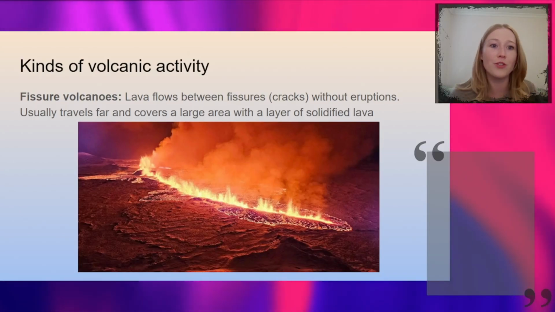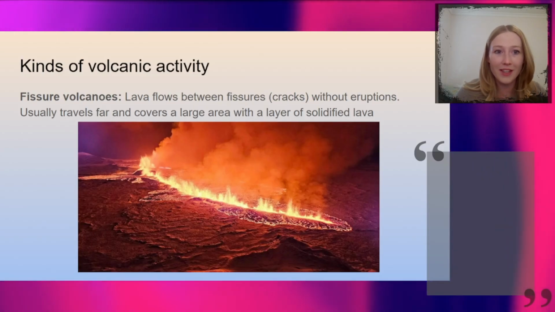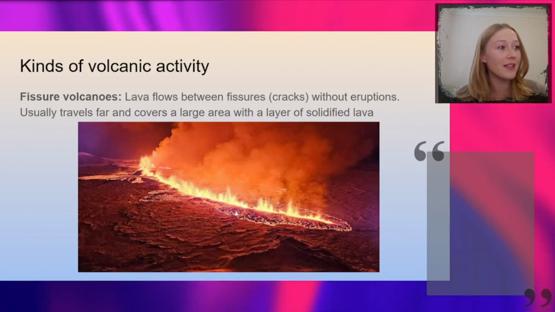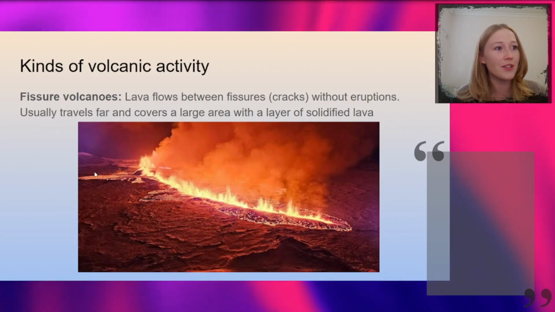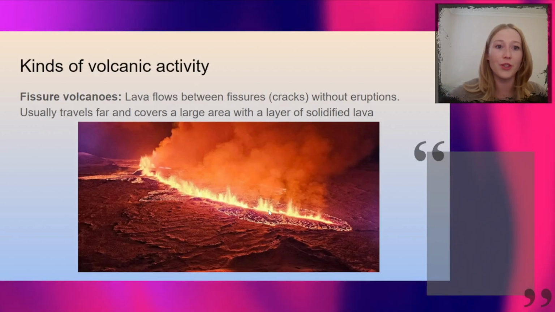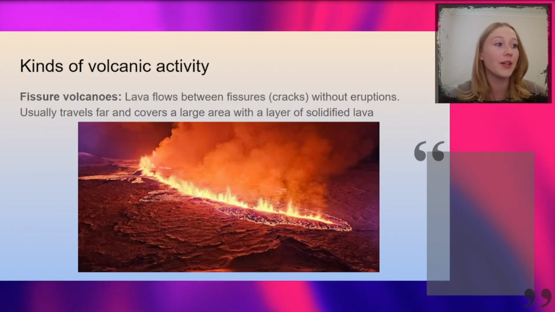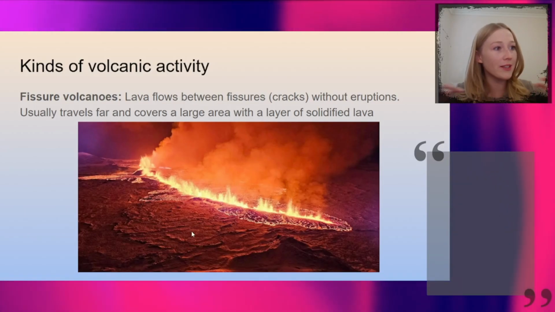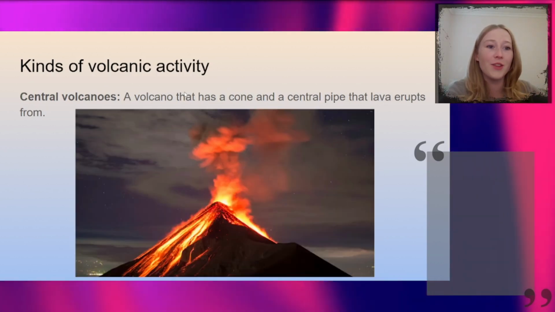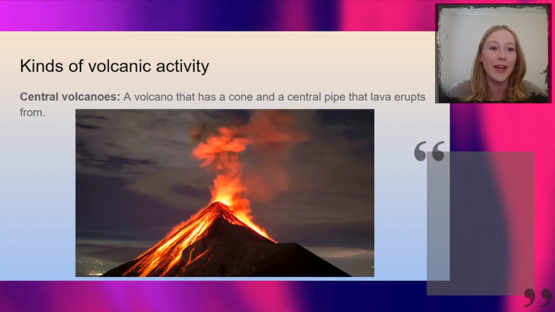A lot of plateaus are formed having a layer of very resistant igneous rock and then softer layers of rock underneath, and that is how this would form. You would have this slow, very thin movement of lava over the earth, and it would spread quite fast, so it would spread over a big area, and it would create this solid layer or solid crust over the softer rock. And then the other one is more a volcano that we actually know, the central volcano, so where you've